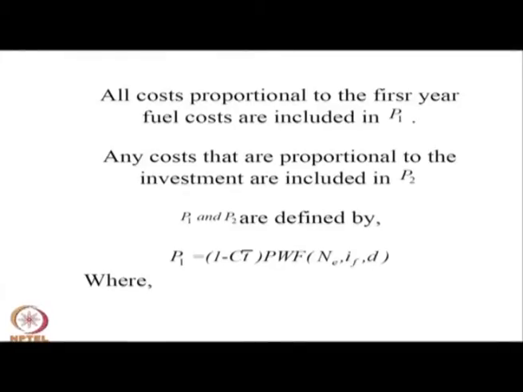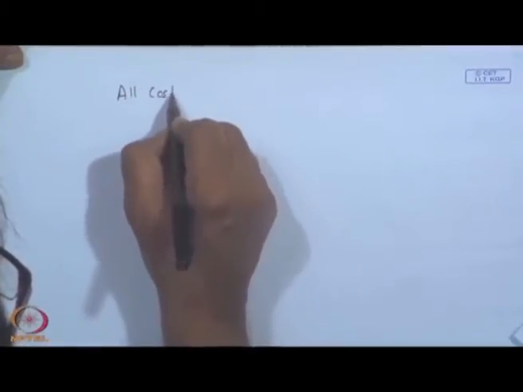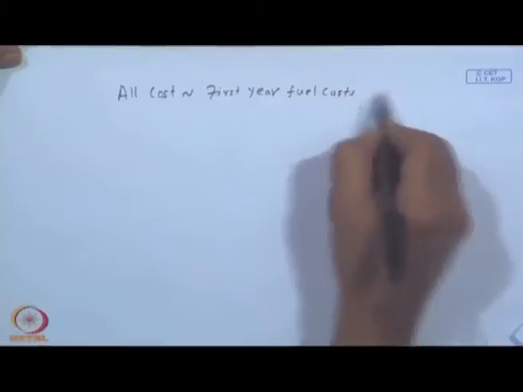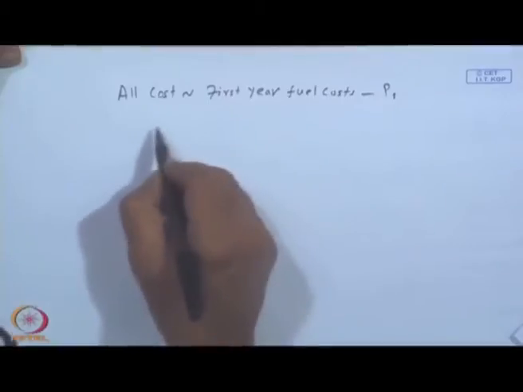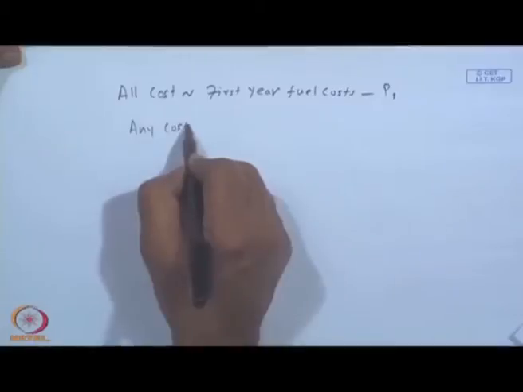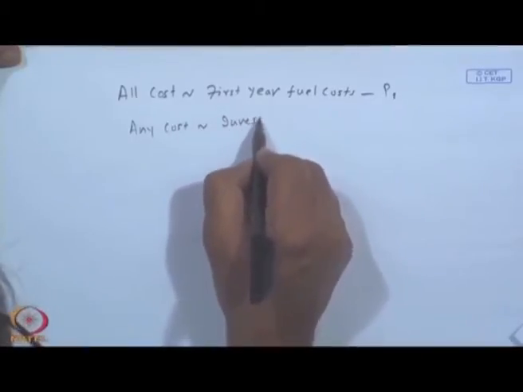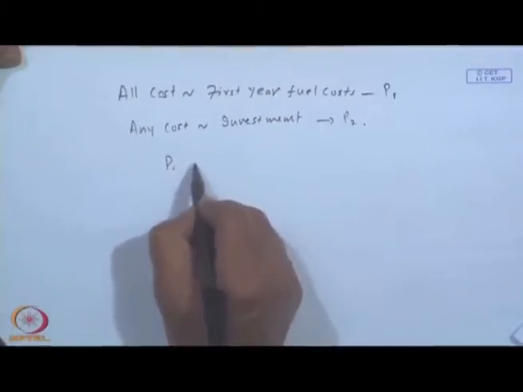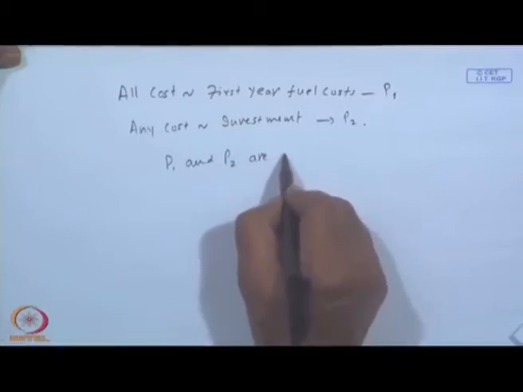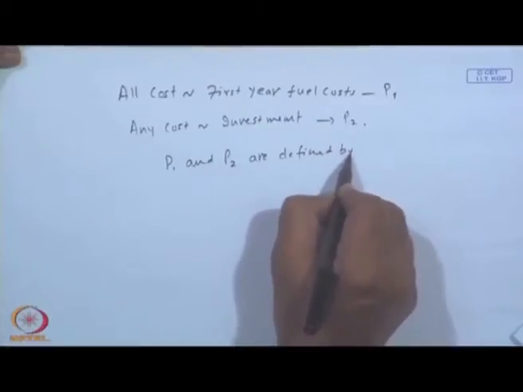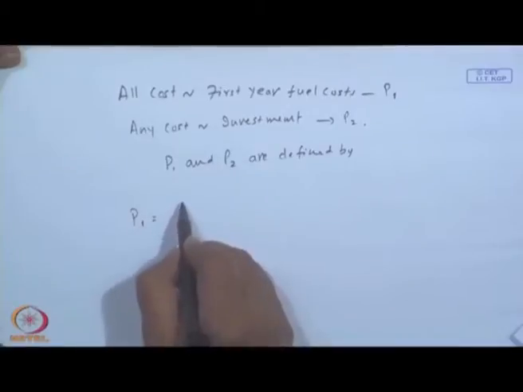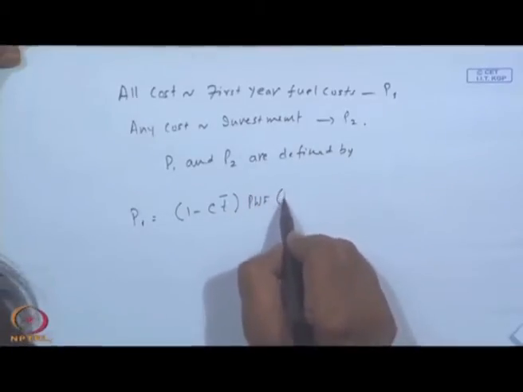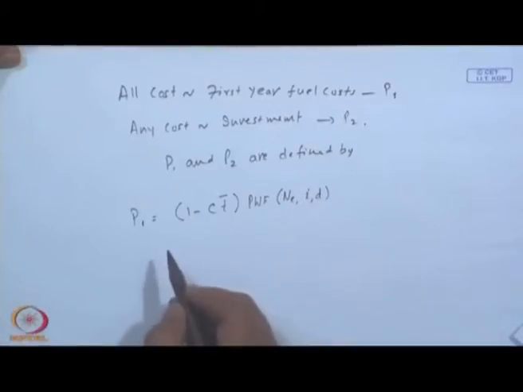So, all costs proportional to the first year fuel costs are in P1, and similarly any cost proportional to the investment is in P2, and P1 and P2 are defined by P1 is equal to 1 minus C T bar times PWF NE I D. Let me explain where